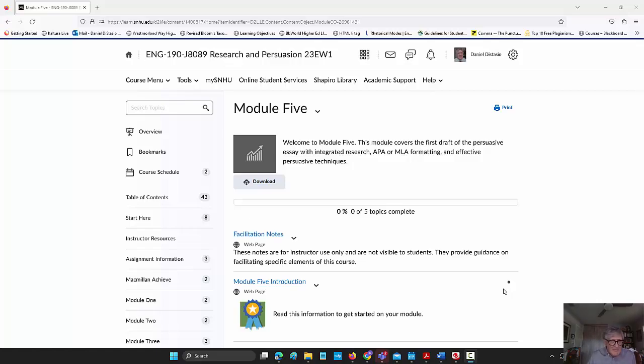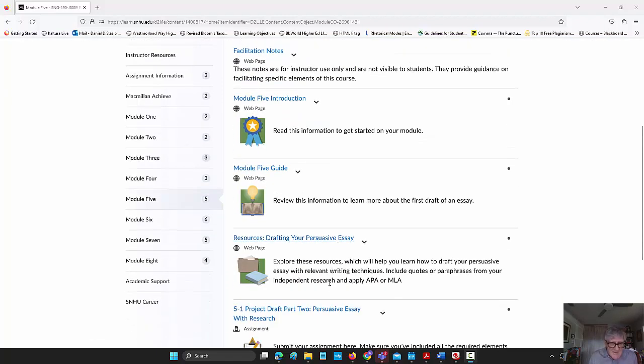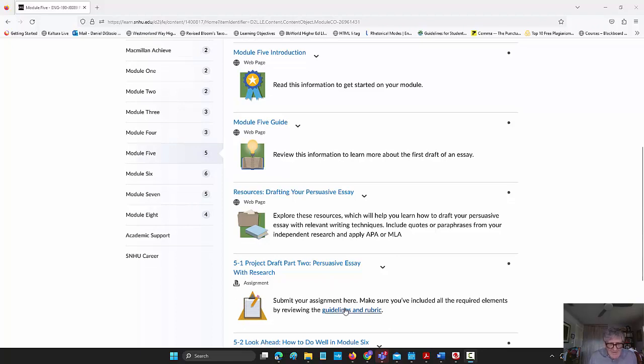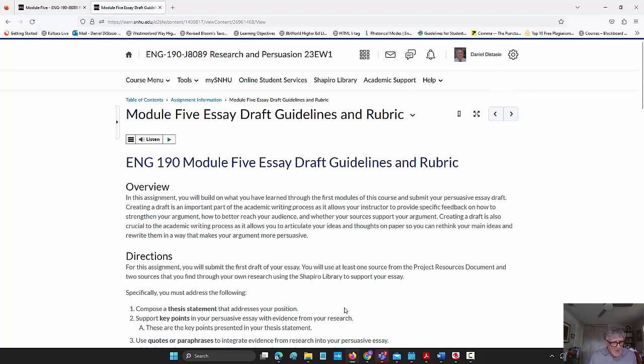This is a brief overview of Module 5. In Module 5, we have one graded assignment. Our focus is on the draft. In the draft, we're going to bring together all of the elements that we've been gathering and all the exploration